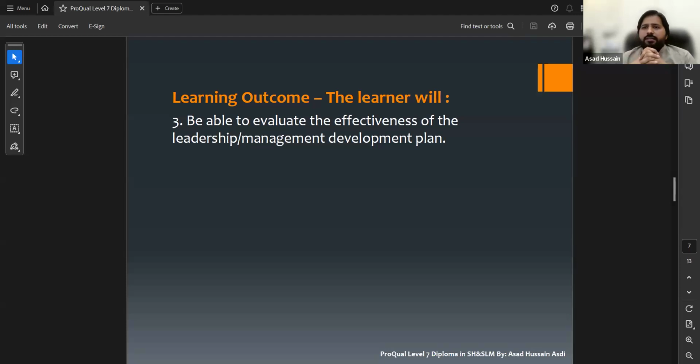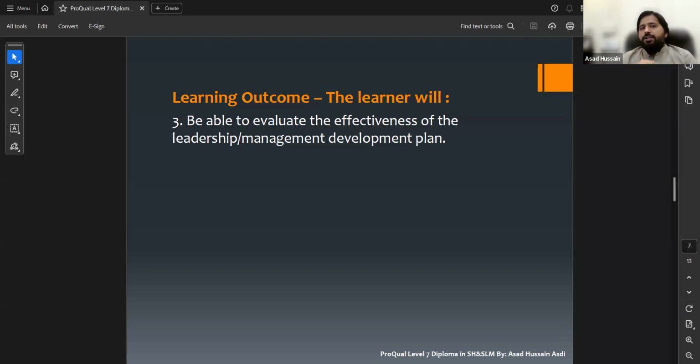So this is a very important thing, that someone who has developed a development plan and who is actually implementing that development plan to enhance the strategic competence of individuals, for himself, for others, and as well as for the organization's strategic ambitions.